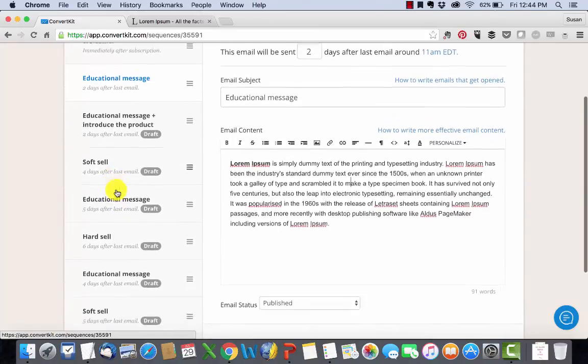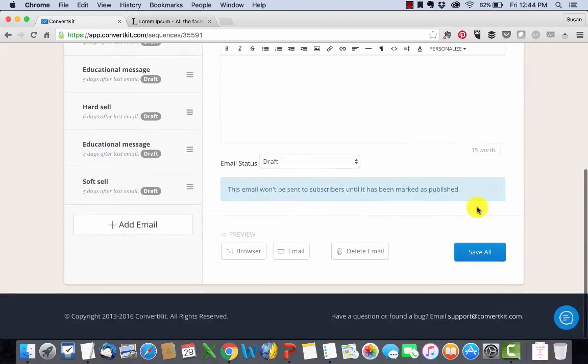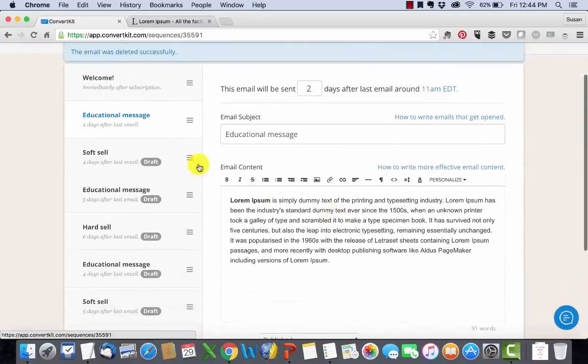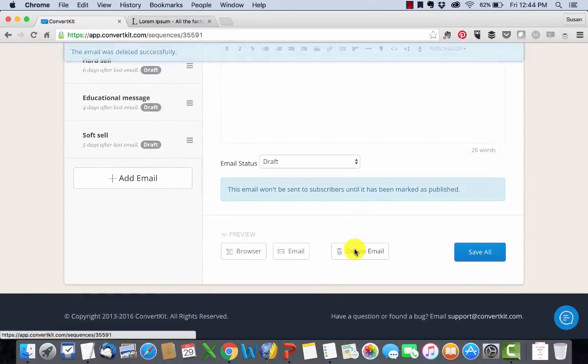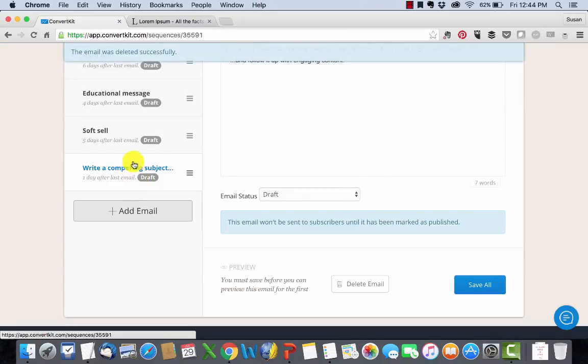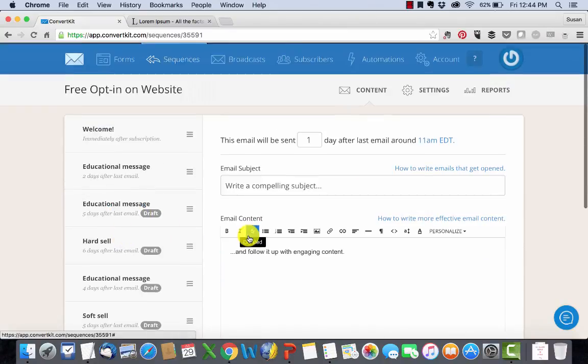And if you don't want any more than that, I could go in here and say, okay, I only have 2, right? And then I could just delete this email by clicking on delete email, okay? Very, very simple. So if you don't want that many, you can delete them. If you want more, you could simply hit add email, and then you would have another email in the series,